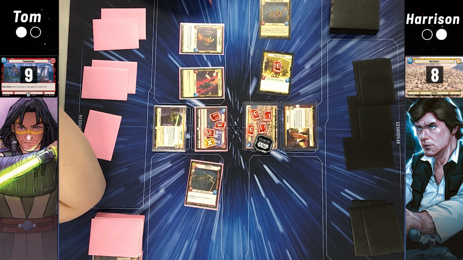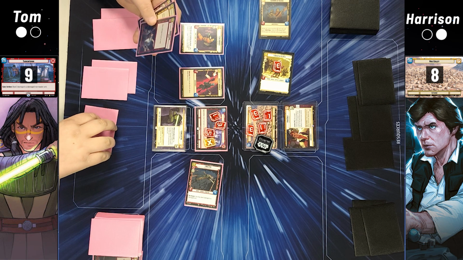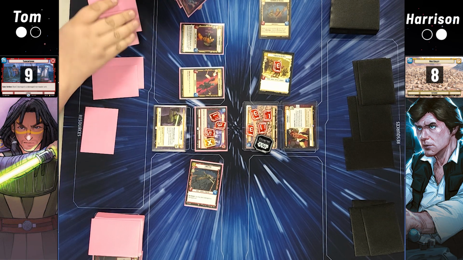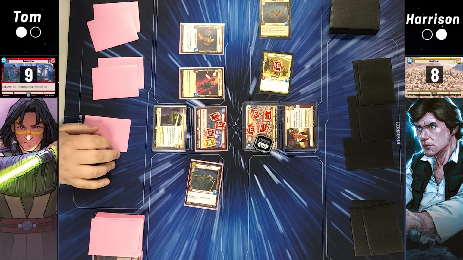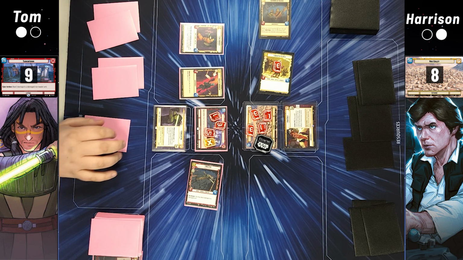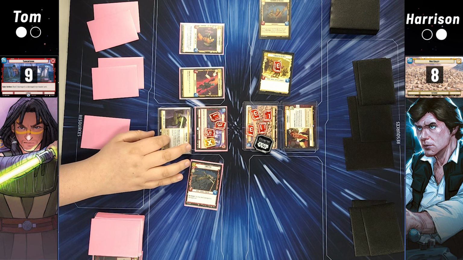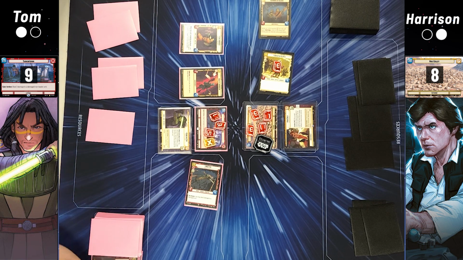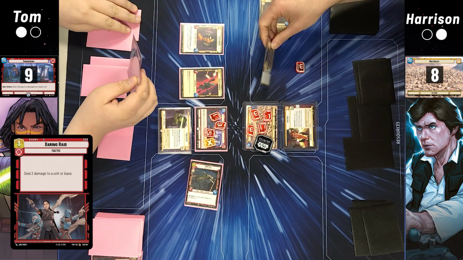I think I see another daring raid in Tom's hand. He could hit the Gamorrean guards with that and then crafty smuggler into it. And then that'll leave up the Ezra to attack and still have 3 resources available to maybe play something off the top. We might go with the Quinlan flip. He's indecisive right now. No, it looks like he's going to go with the daring raid. And he's doing it on the...